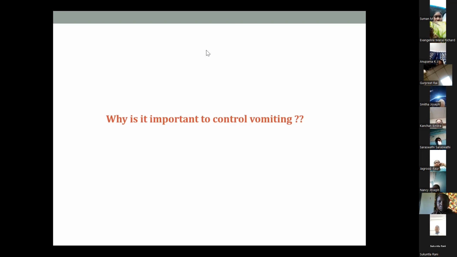And Ms. Shiny also says about the dryness of skin, mouth, and oral ulcers. And that's one point I would also like to stress on. Yes, and Ms. Sunita also says it causes pain over the abdomen. Continuous frequent vomiting can also cause pain over the abdomen and chest muscles. Yes, very true. And that's one more thing I would like to add here. Yes, and Ms. Shiny also says bleeding. It can cause a small mucosal tear in the esophagus, and it can cause bleeding, which we typically call Mallory-Weiss bleeding.